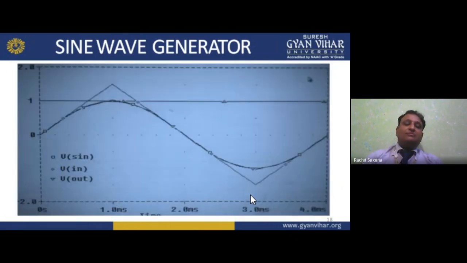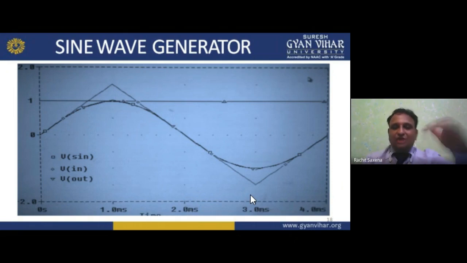Now, how are we getting this? See here. First is the triangular. In the triangular case, if I'm using a diode and resistor shaper, it gives you the sine wave, because the diode gives you the wave if you apply a sine wave: it conducts if it is forward biased. Otherwise, if it is reverse biased, there will be no current.